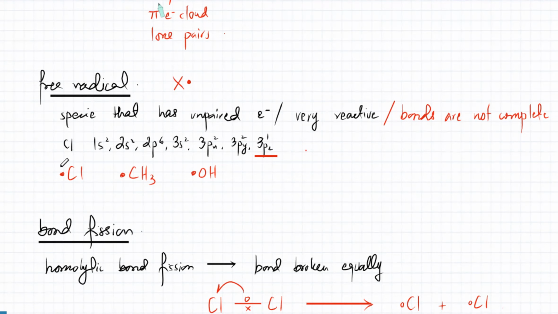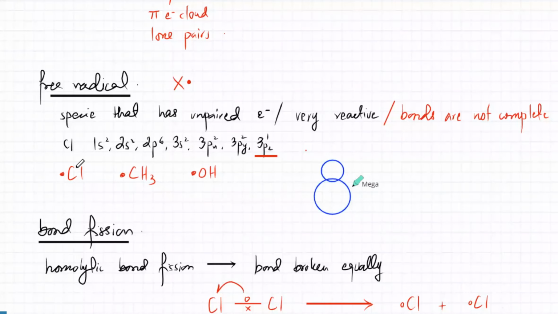So that means Cl is a free radical. Cl's outer shell is not complete. So anything whose outer shell is not complete is a very unstable substance, and it will try to complete its outer shell at all cost. So Cl is one example of a free radical. The CH3 molecule is also a free radical. Like if you look at a CH3 molecule,